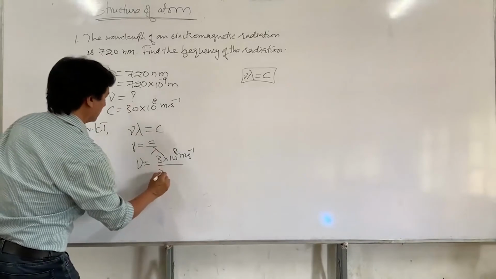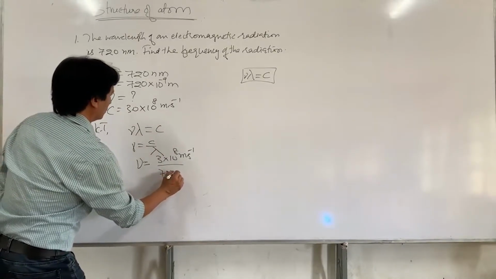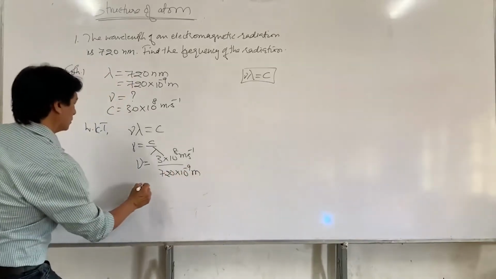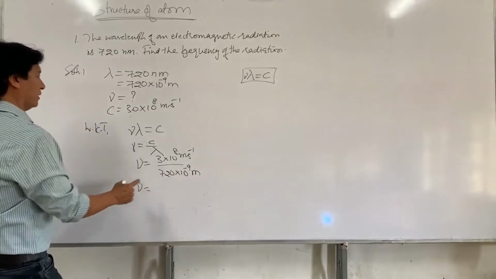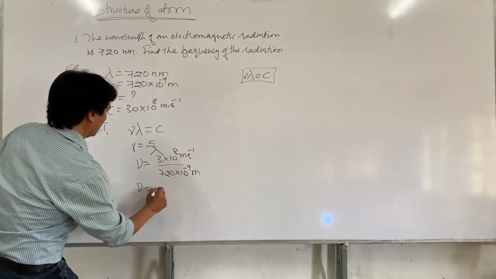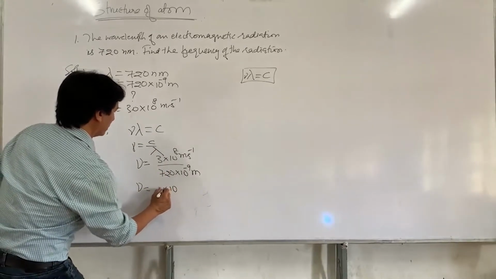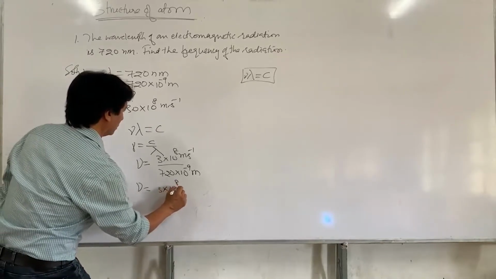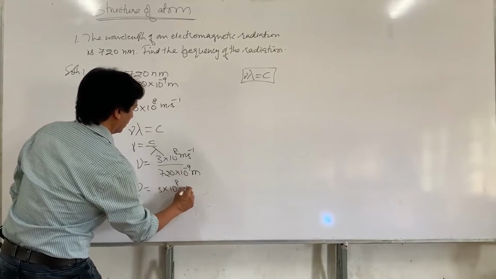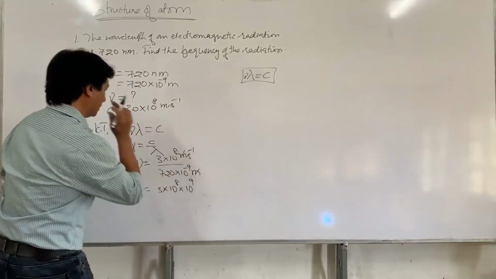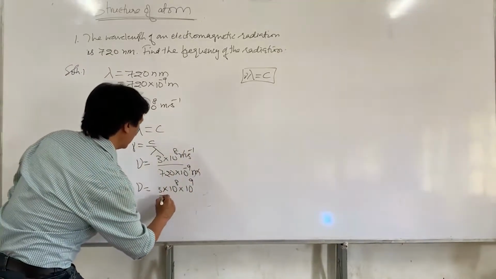So that is 720 into 10 raised to the power negative 9 meters. So when you simplify this, let's see what we're going to get. It's a simple calculation here. This is 3 into 10 raised to the power 8 into, you take this on top, 10 raised to the power positive 9. It becomes meter and meter, they get cancelled. The whole thing now divided by